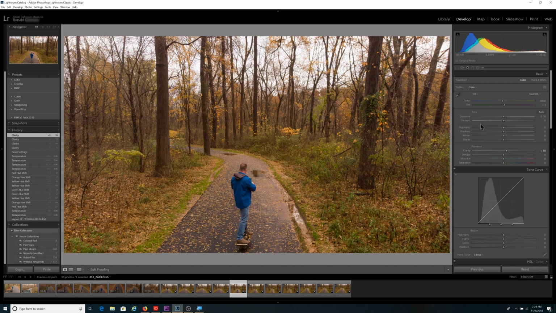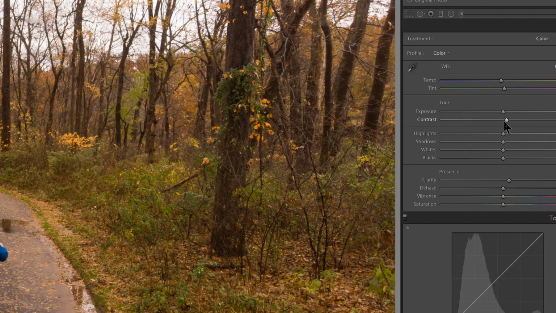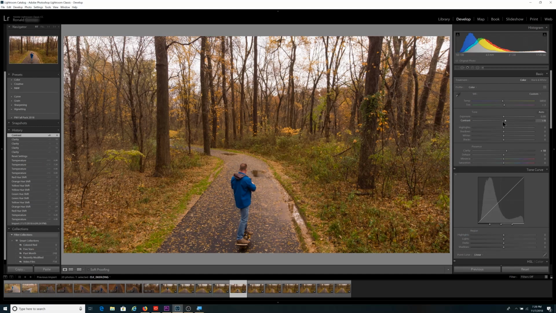So I'll start off in my basic settings here on the far right. I'll adjust my exposure a bit, then my contrast. All of this is to your liking. Think of the photo as your canvas and you're the artist. It's yours to do with whatever you want. So there's not necessarily a right or wrong, it's just what you like. I'll bring up the contrast a bit, play around with the dehaze and the vibrance and the saturation until it's